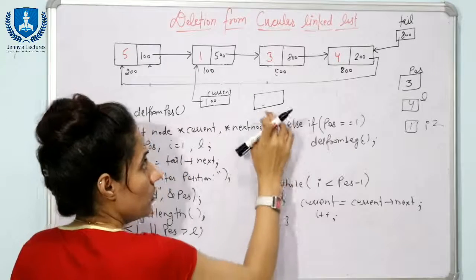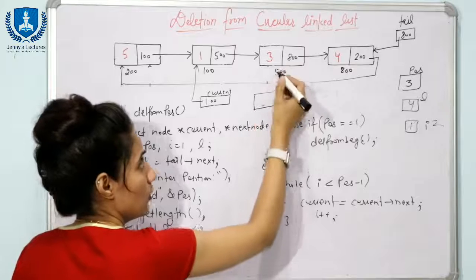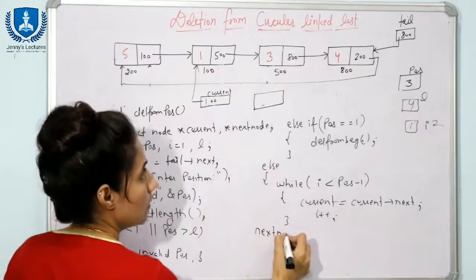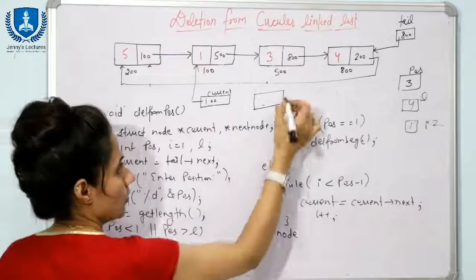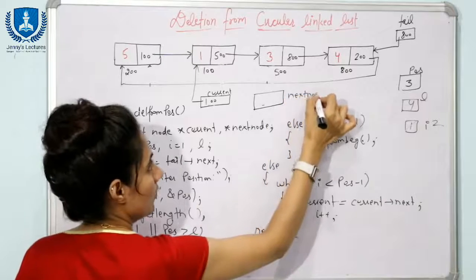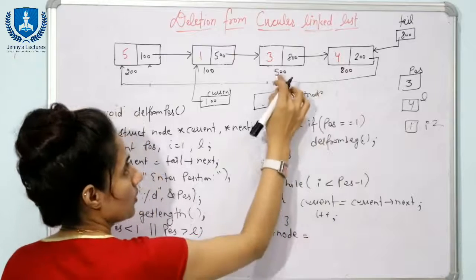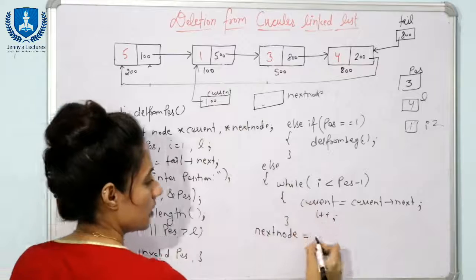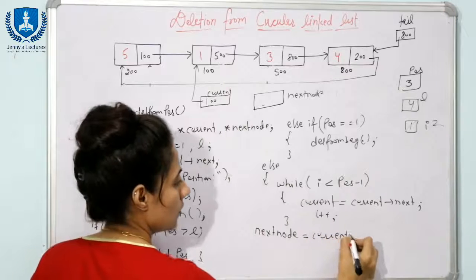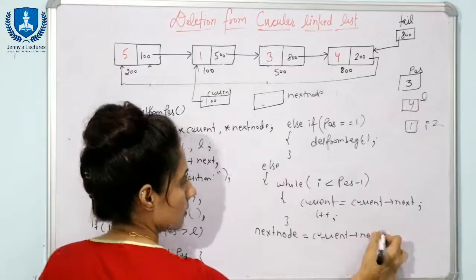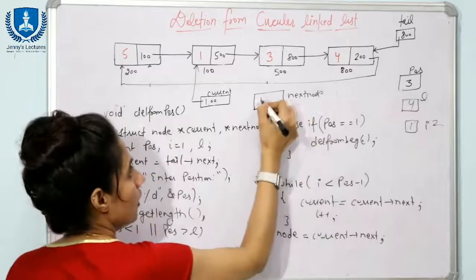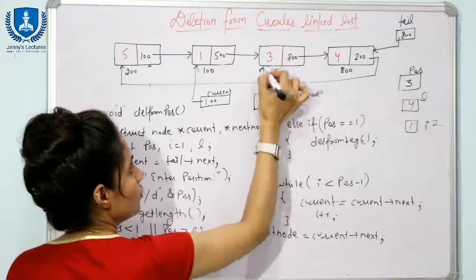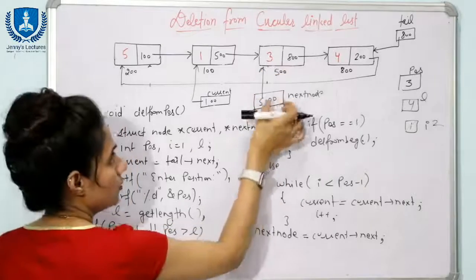Now what will we do? You will set a pointer to the next node, because obviously we need 2 pointers. So after this else you will write this pointer, next node, right? Next node equal to, from where can I get this address 500 here? The pointer to this node is current equal to current of next. So here we now have 500, right? So now next node is pointing to this node.